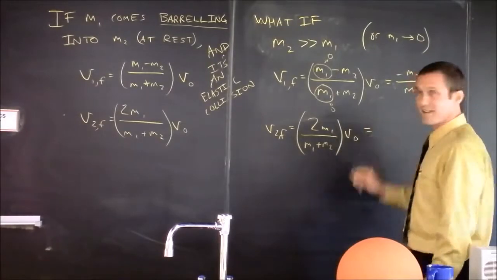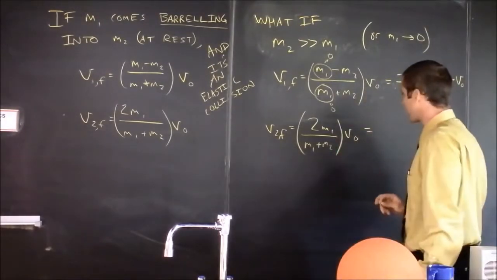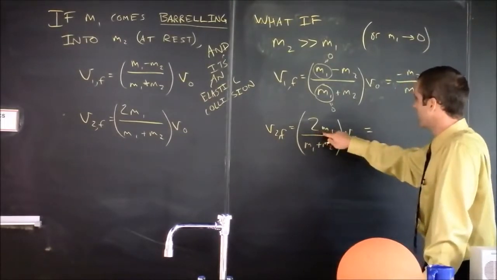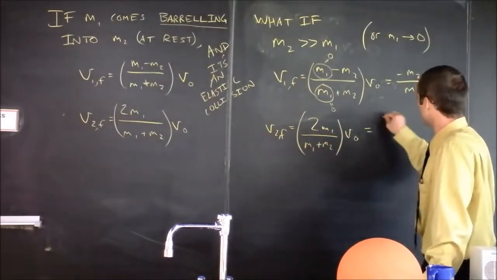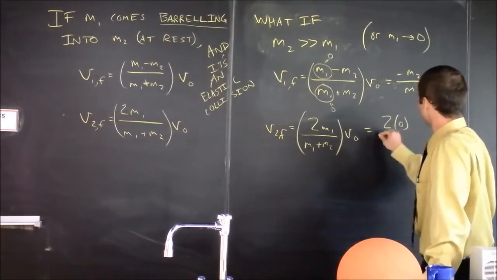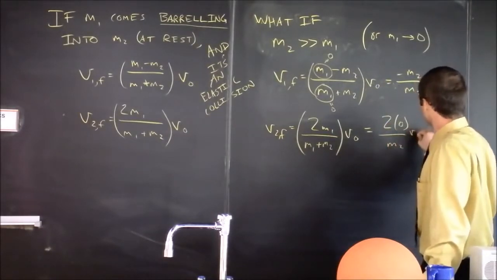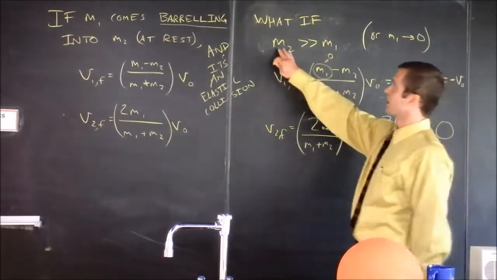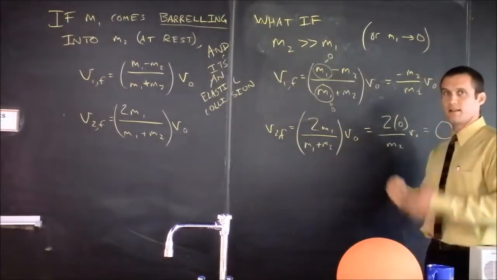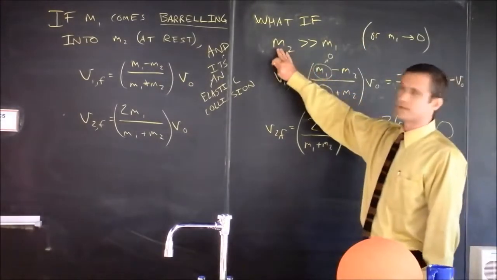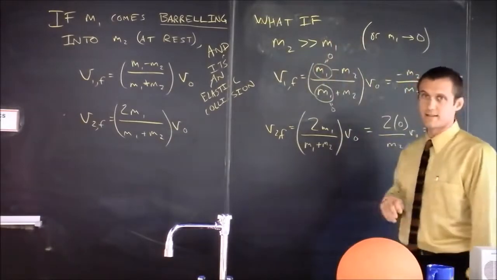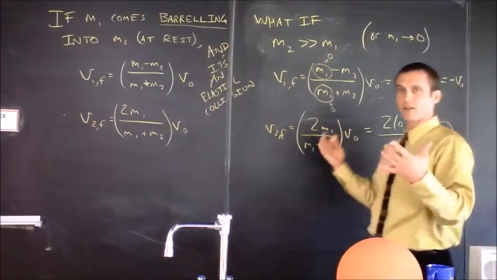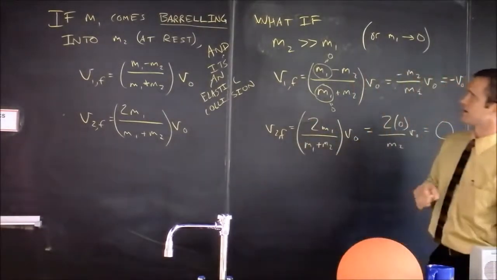So in fact, to first order, the sloppiest way of looking at this says that the final velocity of thing 2 is 2 times 0 divided by m2 times v naught. Well, that's not going at all. So that's the case if m2 is actually an infinite mass and m1 is any regular mass, or m2 is some regular mass and m1 is nothing at all. Mass 1 will bounce back with its initial velocity, having done nothing to the enormous mass that is resting there,